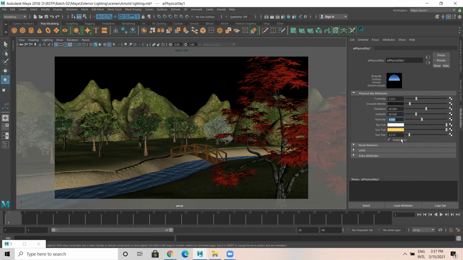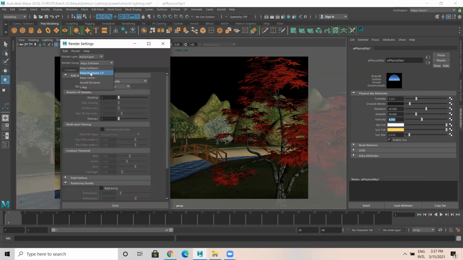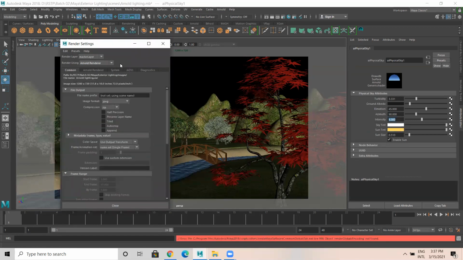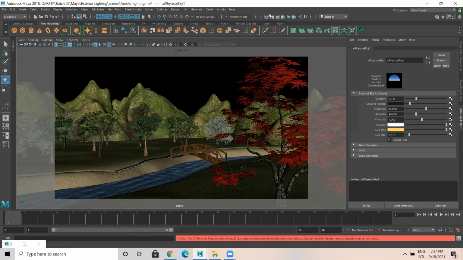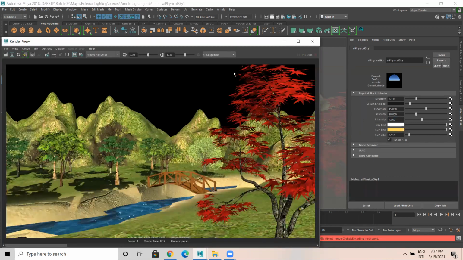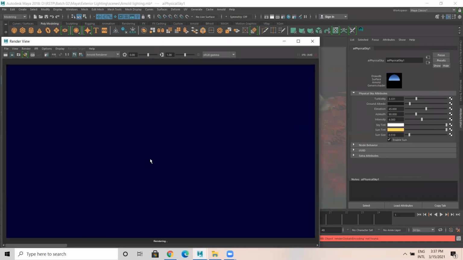Okay, fine. Now I'll go to settings, choose the Arnold renderer. Default, don't do anything else. Then render, that's it. But Arnold takes a lot of time. It will read the textures first, then it will start rendering.